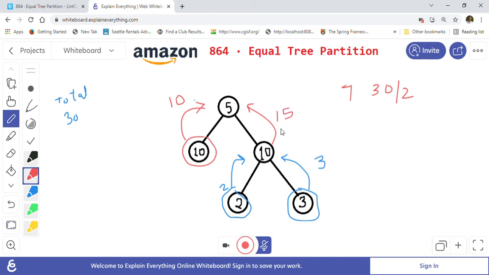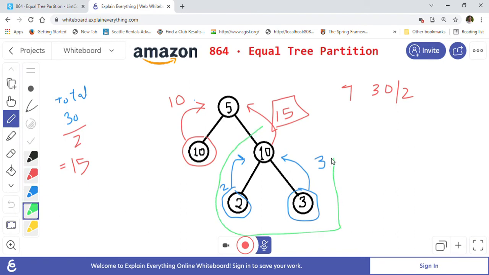So as soon as we get a total of a subtree which is equal to our total sum divided by 2, which is equal to 15 here, in this case, when the subtree sum is calculated for this part that I am highlighting, then it will return 15. 10 plus 2 is 12 plus 3, which is 15. So as soon as we see 15, we are going to return true, that we can partition this tree equally, right? So that is the approach that we are going to use to solve this problem.